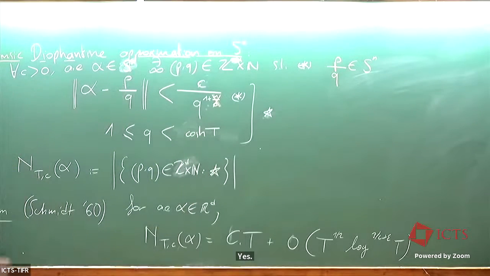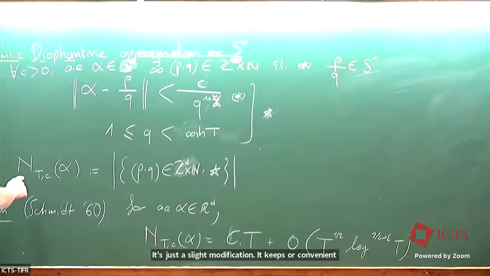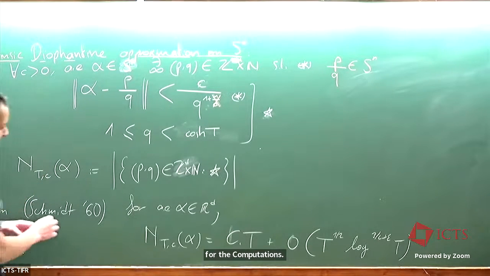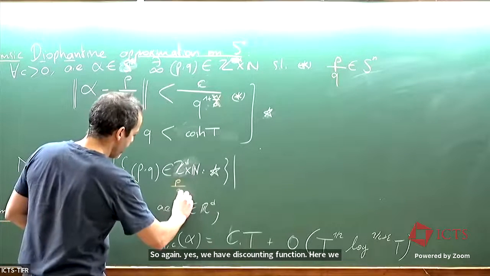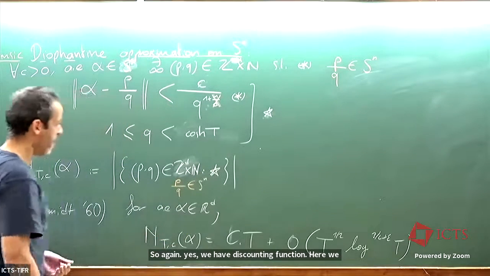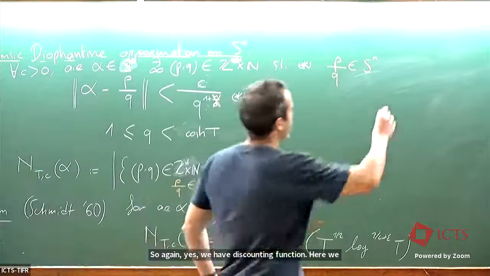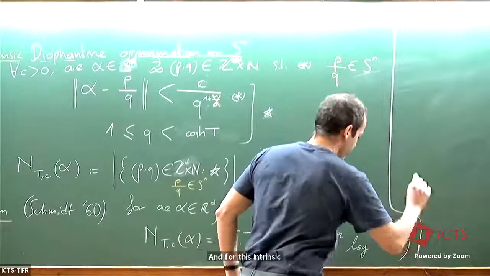Just a slight modification, which is more convenient for the computations. So again, we have this counting function. Here we require, moreover, that p over q is in S^n. And for this intrinsic counting function, we have